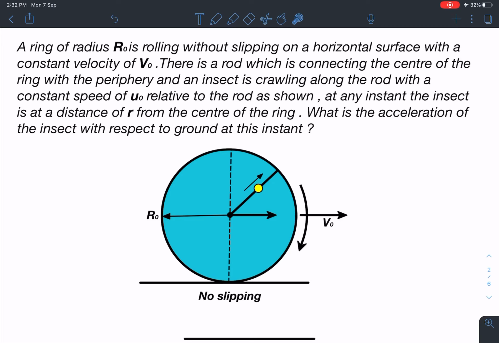Today I have come up with a very interesting problem. This problem is directly taken from books, and it's a very common problem present in multiple sources. So here is the statement of this problem.